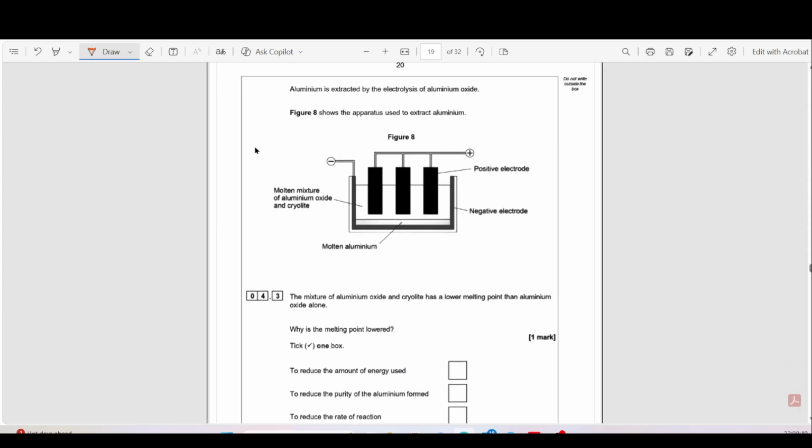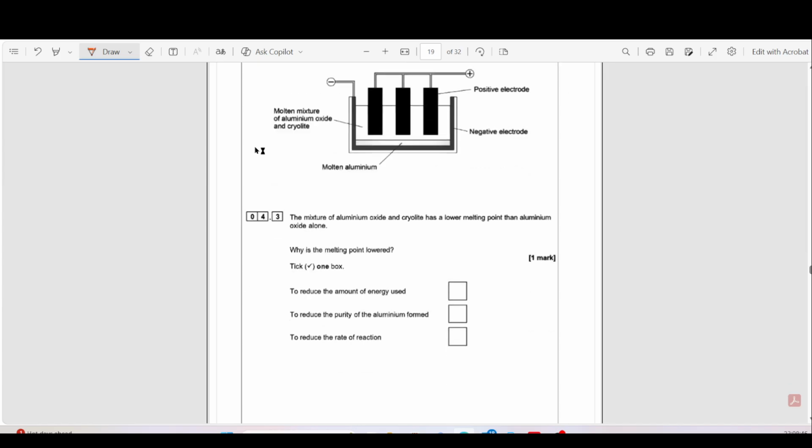This question: aluminum is extracted by electrolysis of aluminum oxide, and this is the setup. It is asking: the mixture of aluminum oxide and cryolite has a lower melting point than aluminum oxide alone. Why is the melting point lowered? So basically,